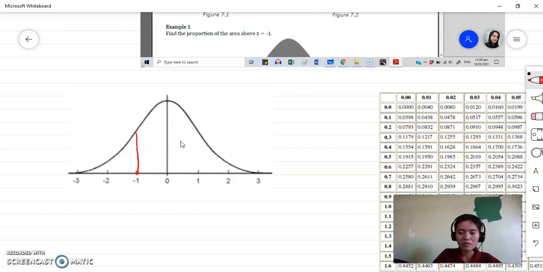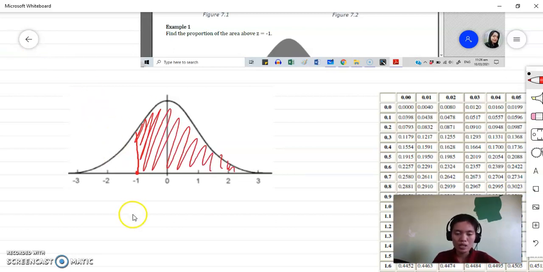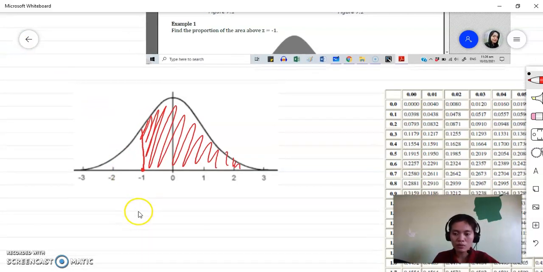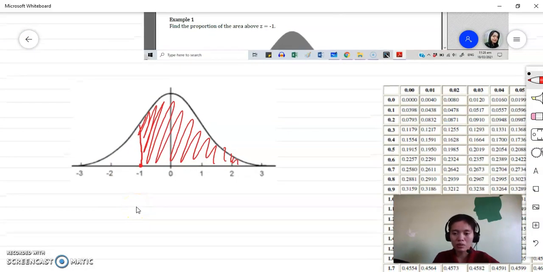Greater than means to the right of negative 1, so you shade this part. Since we have a negative z score, we're going to add 0.5. You can see in our illustration that the shaded region is more than 50%, more than half of the normal curve. So we're going to add 0.5